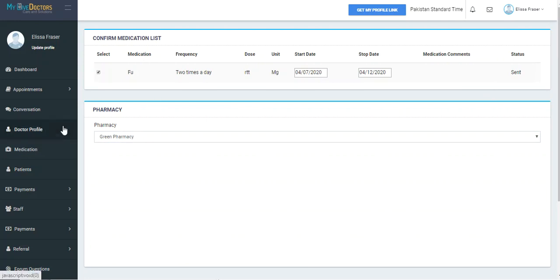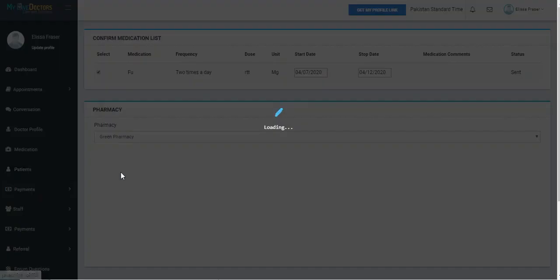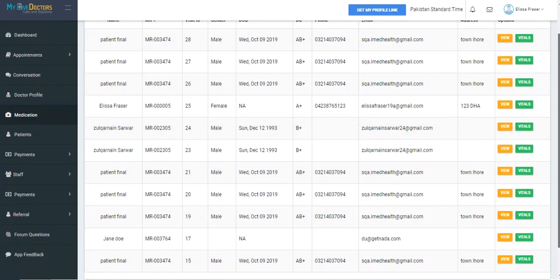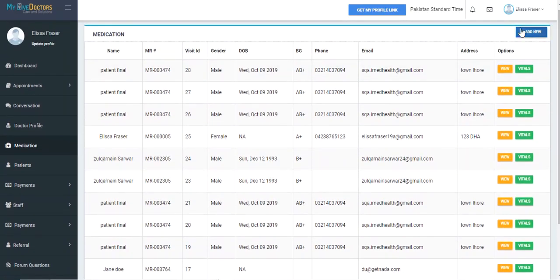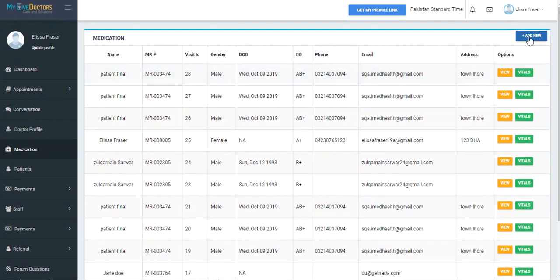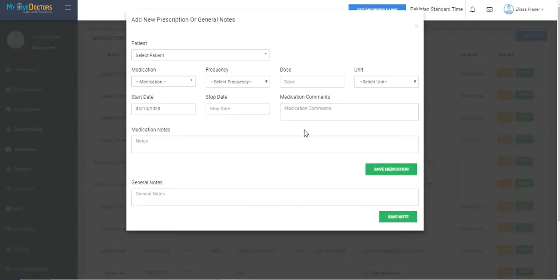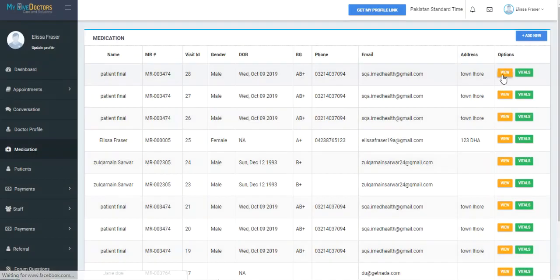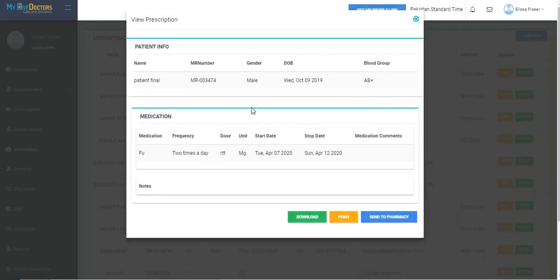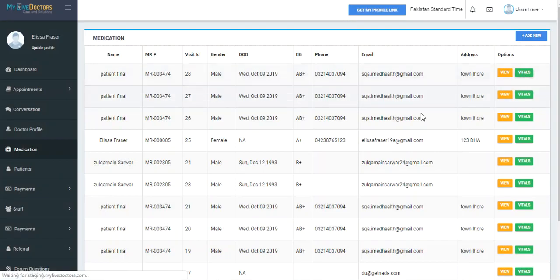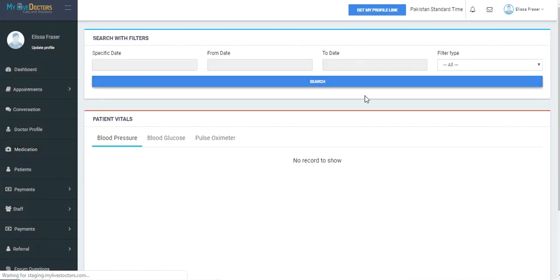So the next thing we have over here is our patient side. On the patient side, the doctors can very efficiently manage their patients. They can add new patients over here. They can view the details of their existing patients, their medications, and they can see the patient's vital signs. So these vital signs are integrated with healthcare smart devices, and those healthcare smart devices are connected